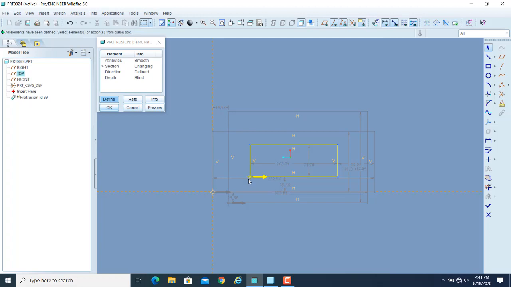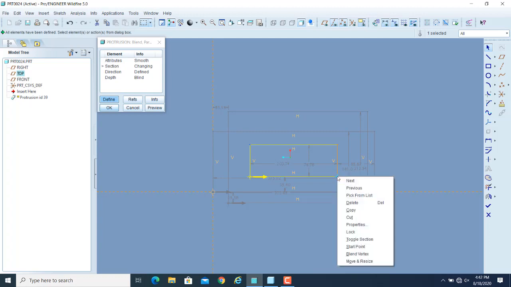So if you want to change your start point, the default start point, you can simply click on any point. First you have to select the point, so I will select this point. I have selected this point, and then if I place the cursor and click the right mouse button,